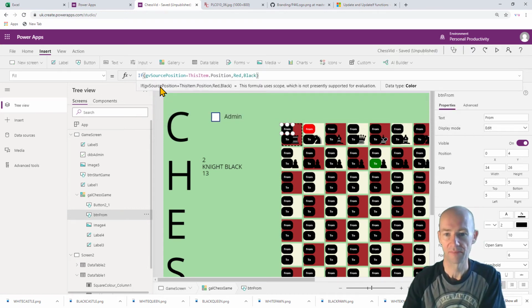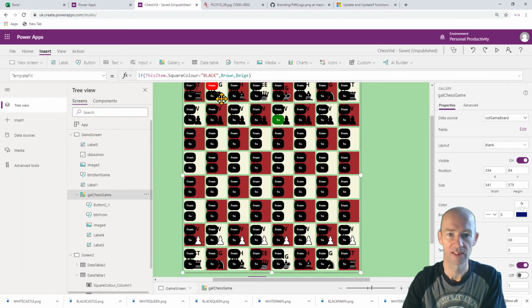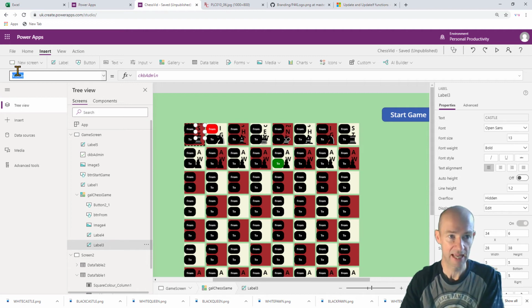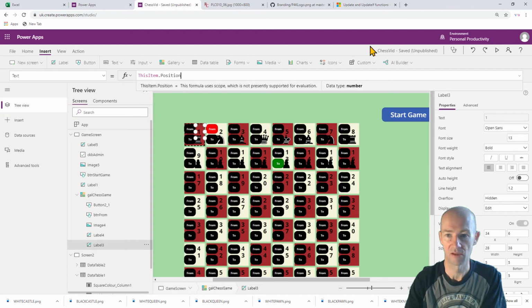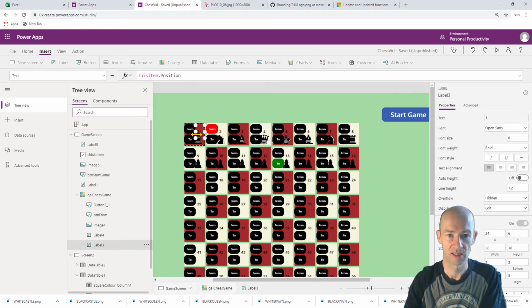Now what that means is that if we go back into that admin mode, we haven't actually put the number on there. So what I need to do is, instead of the text saying this item dot chess piece, which we can see, we can make it this item dot position, and that will give us the number. And I'm going to make it quite small, something like 8, say,